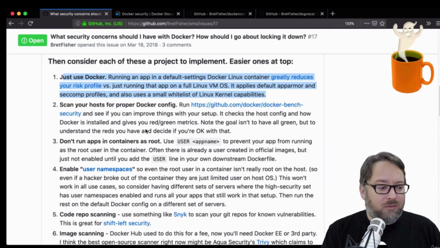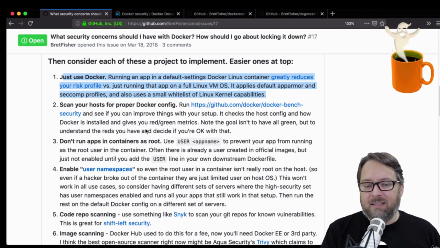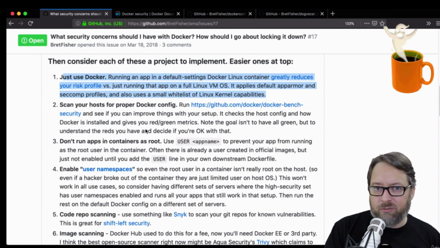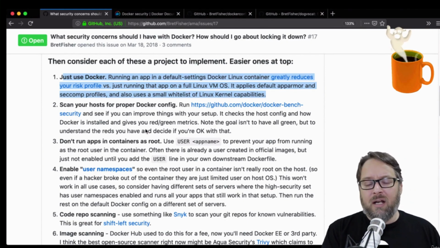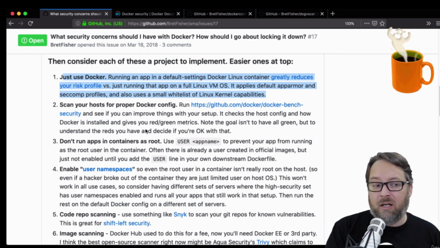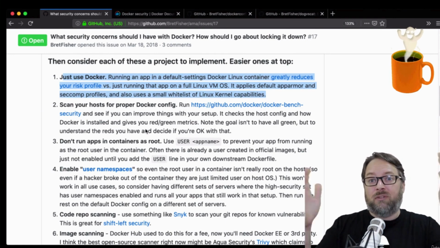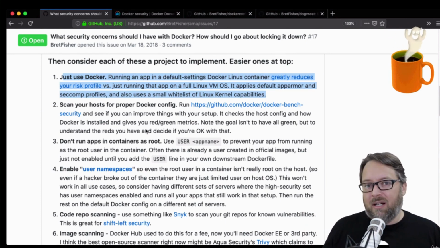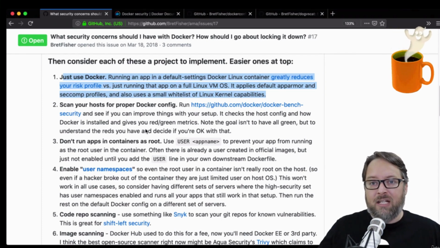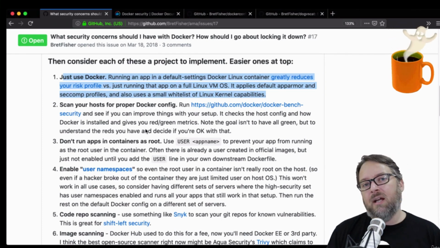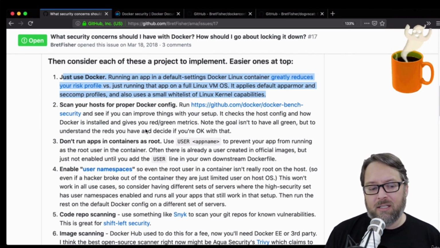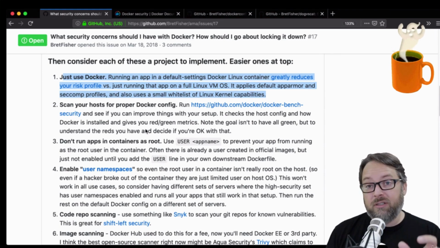Docker basically went through a whole bunch of common open source software way back in the day, and figured out what they all tend to have in common in terms of rights, in terms of permissions on the host. They took the rest of them, hundreds of other things that regular applications can have access to, and took them away. That resulted in Docker having a very secure default profile.